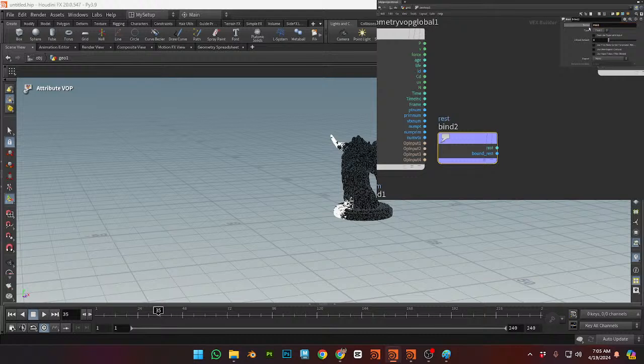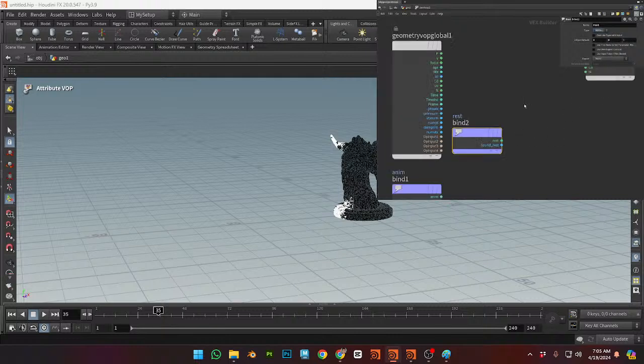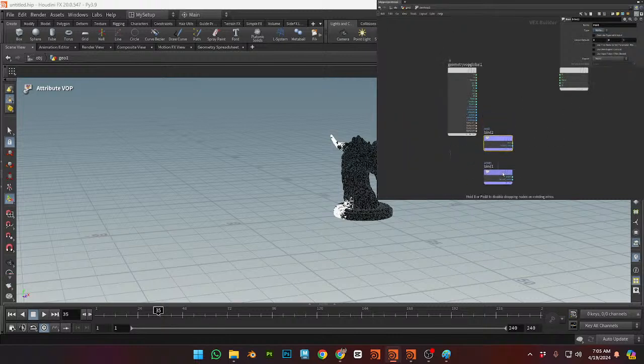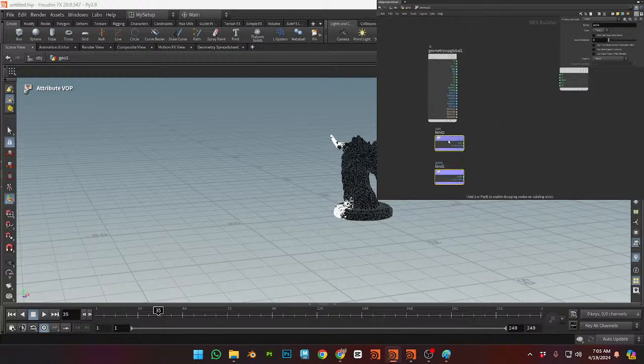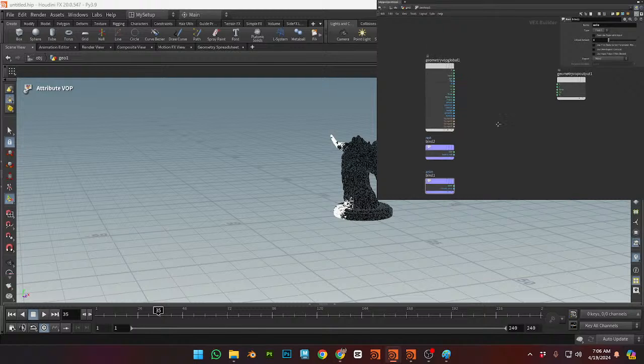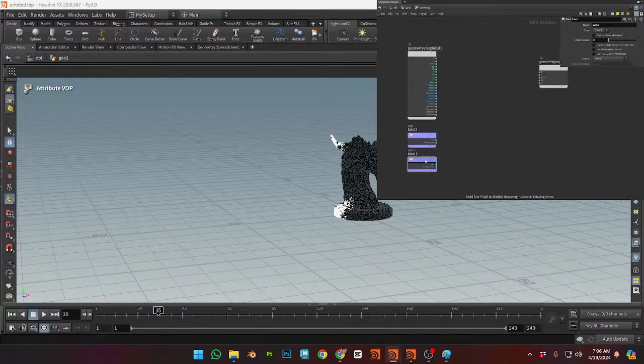Because we are affecting the position of, sorry guys, where was it, the position of the points. Cool. So let's do a mix. Hope this works. So the rest,